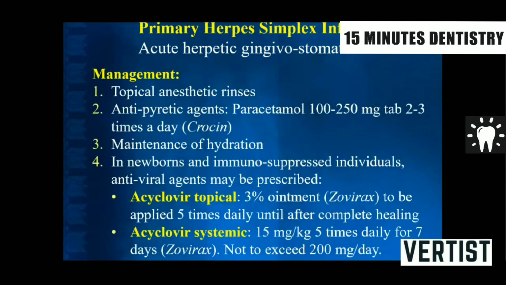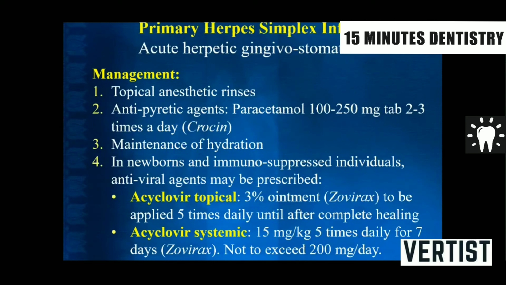How do we manage? Now this is a tip for you people. Management of any lesion, go back and see the pathophysiology and the symptoms. So the aim of any management or treatment is to either cure the pathophysiology or manage the signs. Now viral infections are self-limiting diseases. So here we can manage the symptoms. So remember, what are the symptoms?